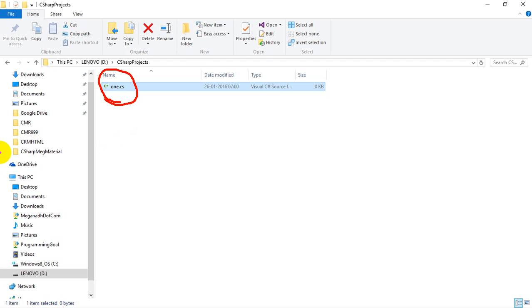Are you seeing the type as a text file, or what type are you seeing here? Can you ping me when you change it? What is the type it is showing for you? Okay, I got one from Harsha as Visual C#. Neeraj also says the same. And how about others? Okay, CS file. And how about Harish?